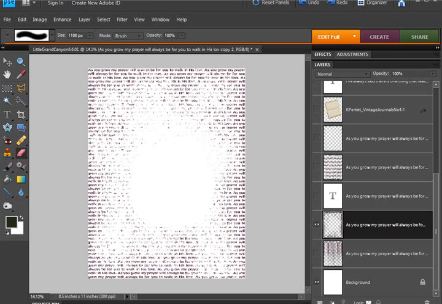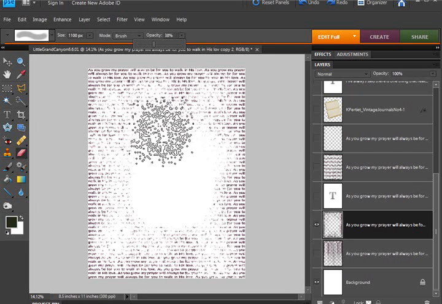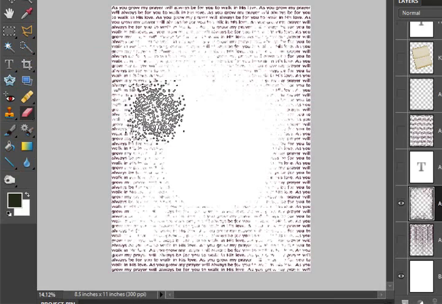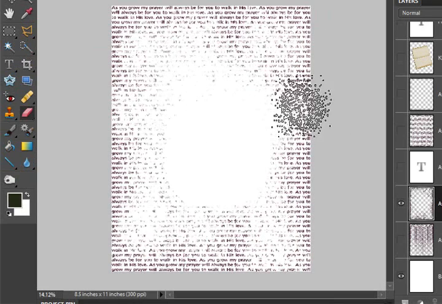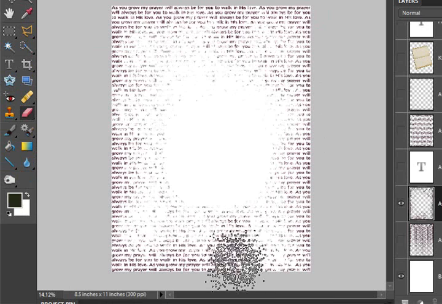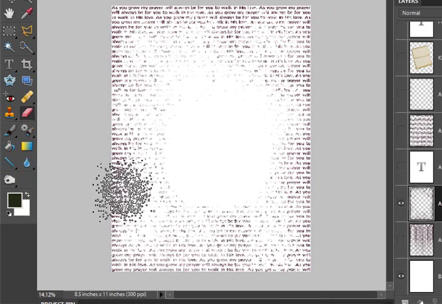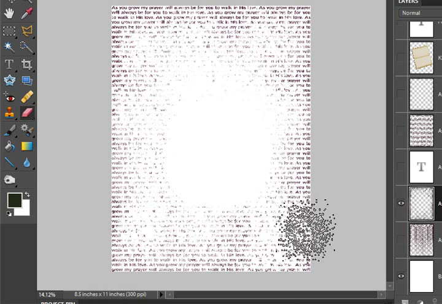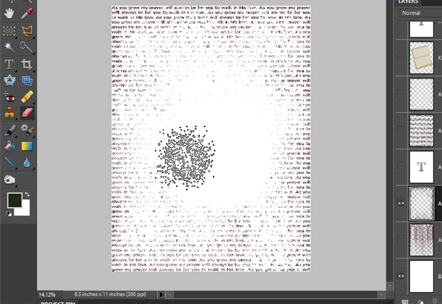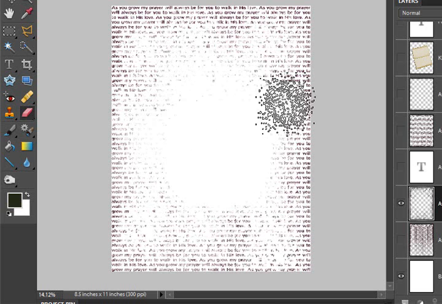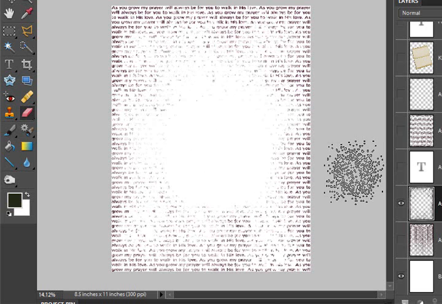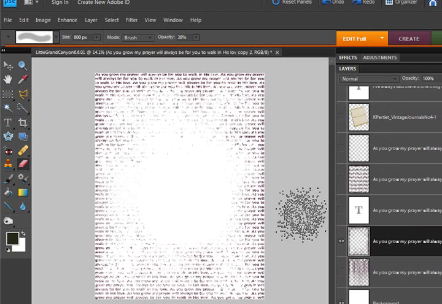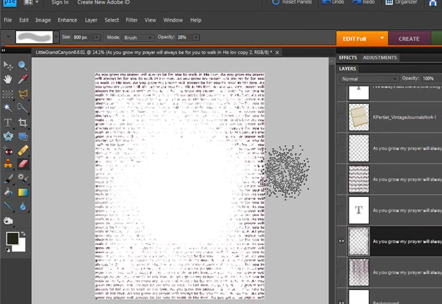Now, what I did do with mine earlier was to reduce the opacity. You can even reduce the brush size and start hitting it that way. As I said, you could change the brush if you wanted to try to find something different. But for this purpose right now, we're just going to use the same brush. And you want to remember to make this really random looking, like it is now. It doesn't have to be